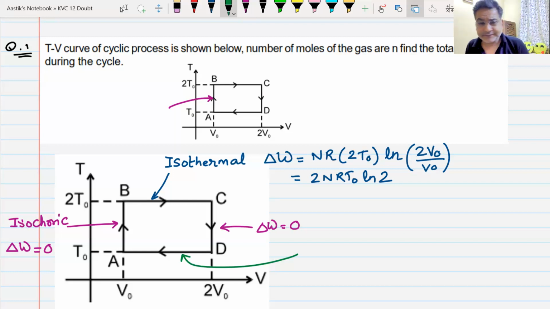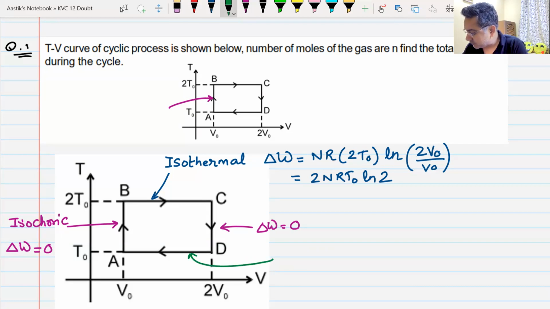Yes. Any hope? Should I hope against hope, or should I lose hope? Minus nRT naught ln 2. Well done. So what is this? Okay, so